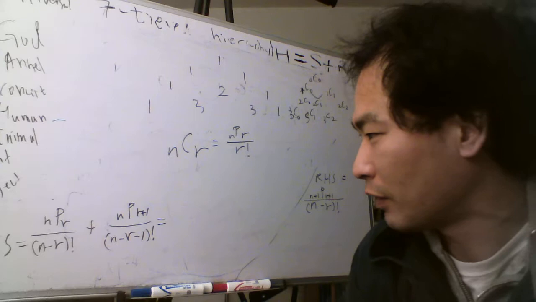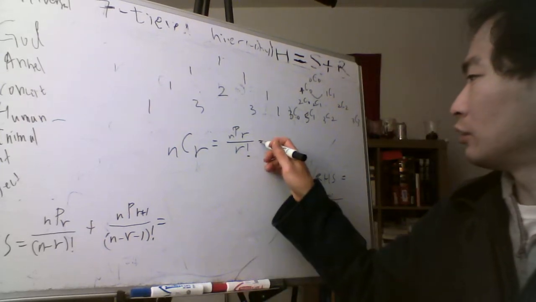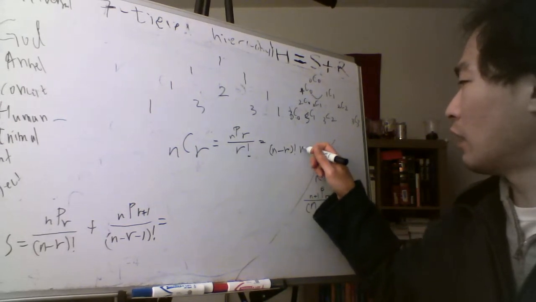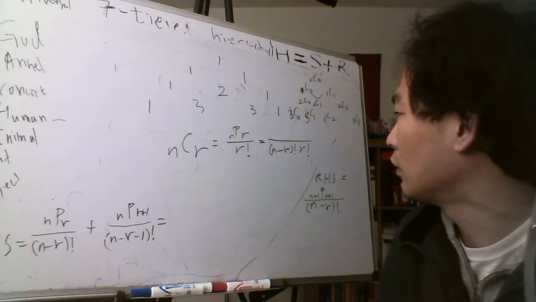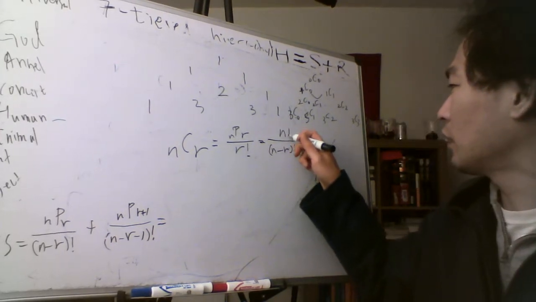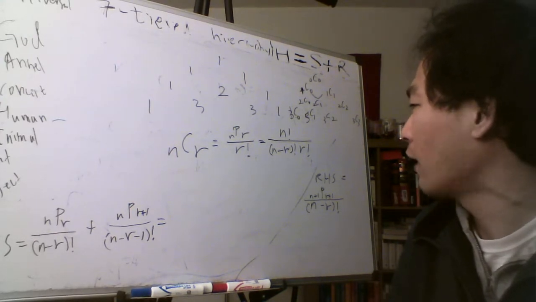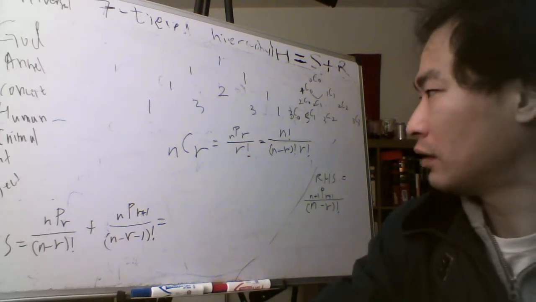Okay, I'm sorry, I made a mistake. Is equal to, what is it? N minus r factorial, n factorial, something like that. Yeah, okay. All right, if that's the case,